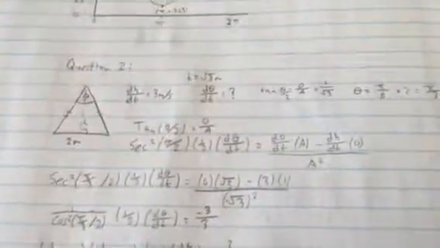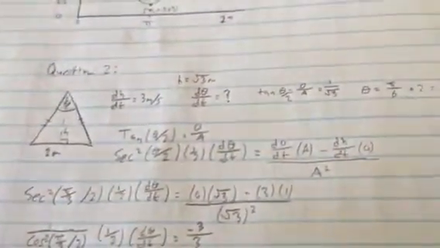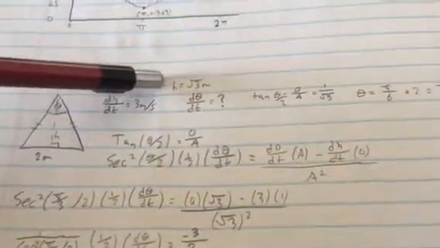there's an isosceles triangle, so we know two sides are equal, and the height is changing at 3 meters per second, and we figure out what the angle is changing at, or how fast the angle is changing. So we have to figure out how fast the angle is changing when the height is square root of 3